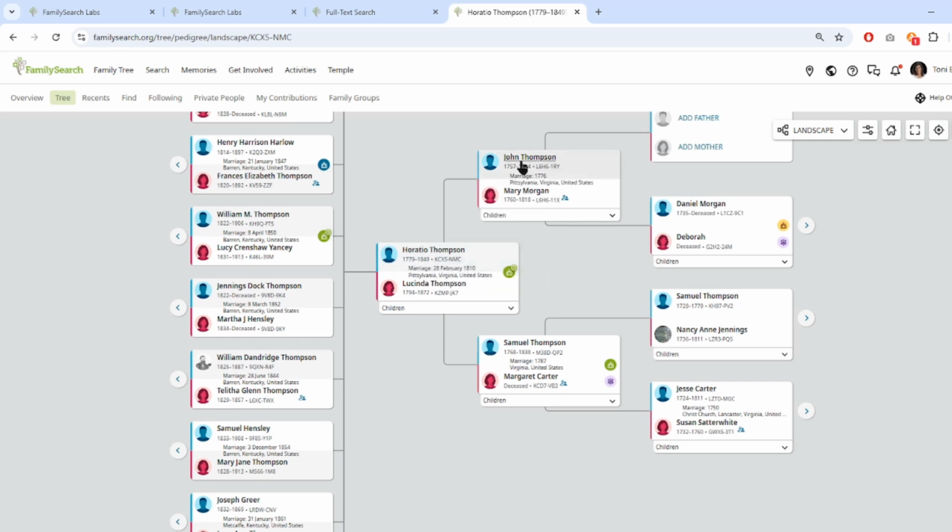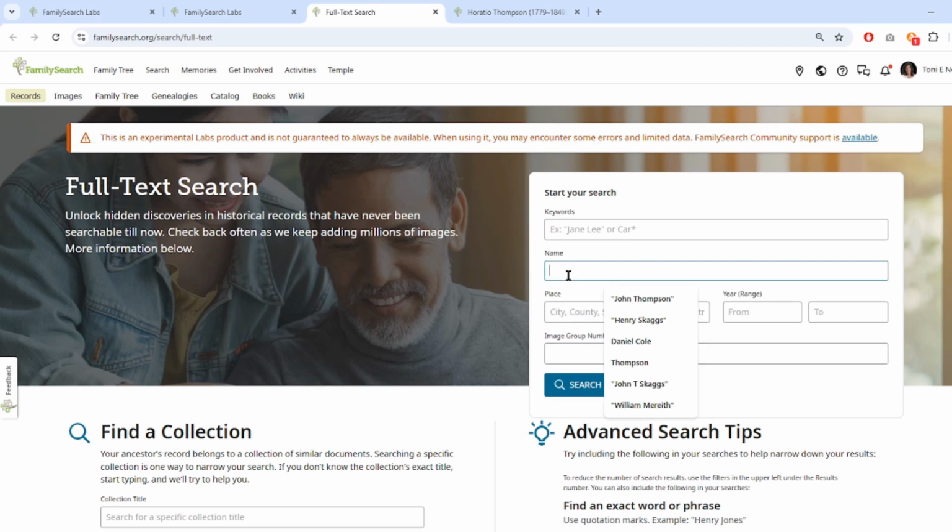This is my great-great-grandfather, John Thompson, and one of his sons, Horatio. So I'm going to type in his name right here. And I'm not going to put anything else in. I just want to show you some of the features. So if I search,